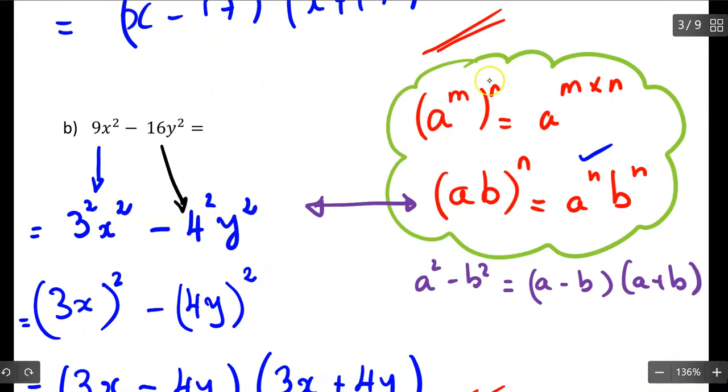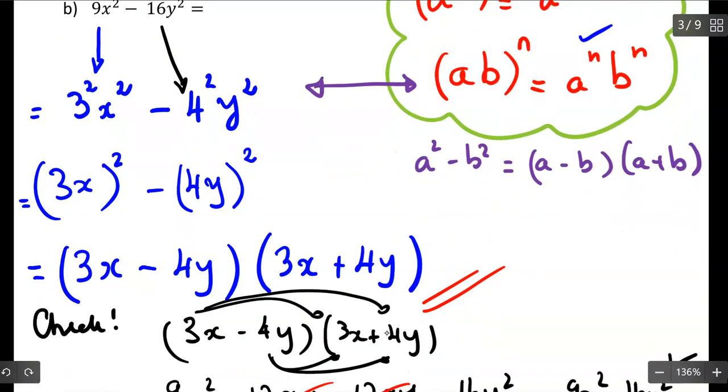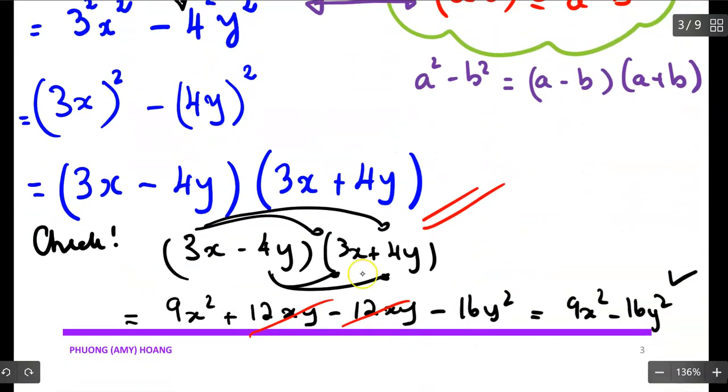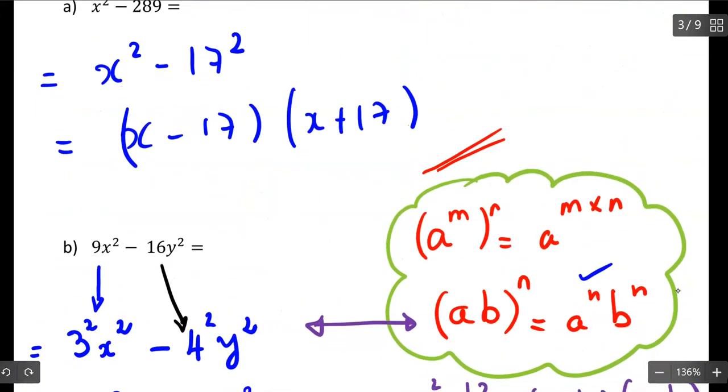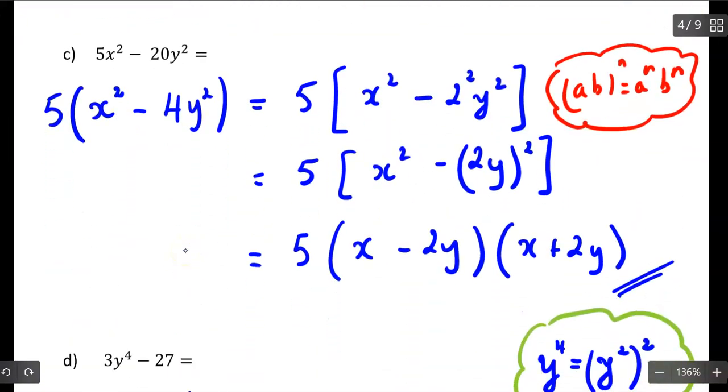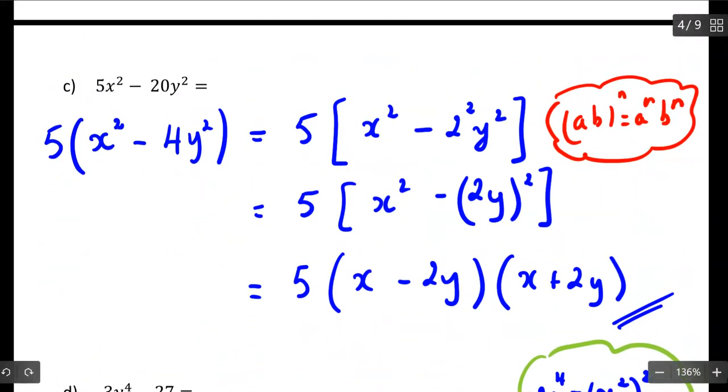In order for us to do this, we should remember some of the formulas for exponents as well, because they are related and they all apply to this question. We can always check to see if our answers are correct. Now you see the expanded form of the difference of squares is exactly the same as its original expression. Then we have some difference of squares where the perfect square may not be obvious, so you really do have to